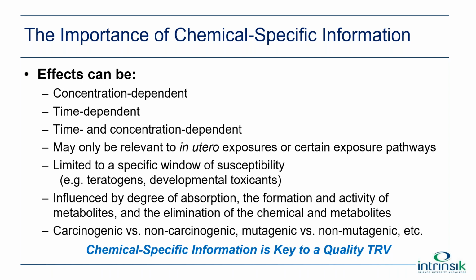You think of thalidomide. Its toxicity effects, even though it was a pharmaceutical, were in an early phase of pregnancy on the developing fetus. But for an adult, the effects were quite different. So the window of susceptibility of a developmental process can be quite variable. The toxicity of a chemical can really change by how much is absorbed, whether metabolites are formed that are more active than the original chemical, and then how quickly the chemical and its metabolites are eliminated, because a chemical that's more persistent and remains in the body longer could elicit its effect longer.